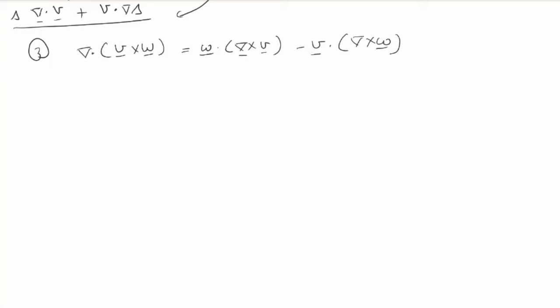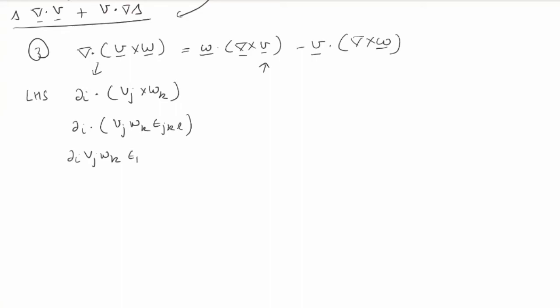So here I will go from here and will reach here. You can try solving on both sides and then see both sides will equate after you use product rule for differentiation. So now the LHS is del I dotted with Vj crossed with Wk. So this will become del I dotted with Vj Wk EJKL. So here J and K are repeating, L is the vector, so the dot will be with L. So this will become del I Vj Wk EJKL del IL, and I can replace L with I.